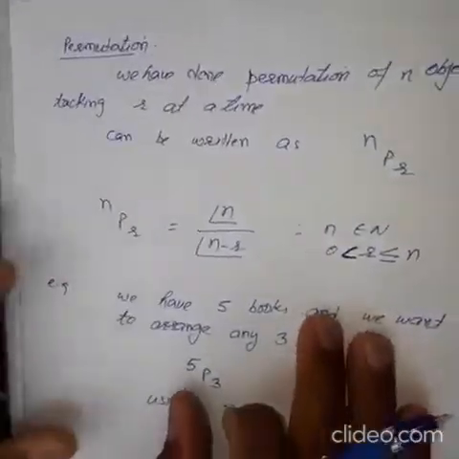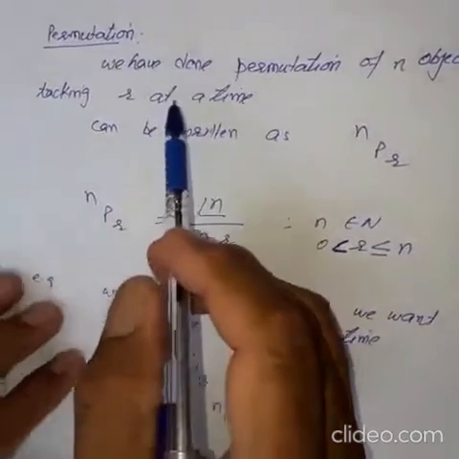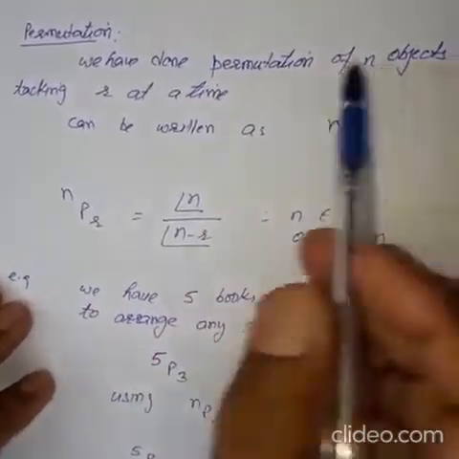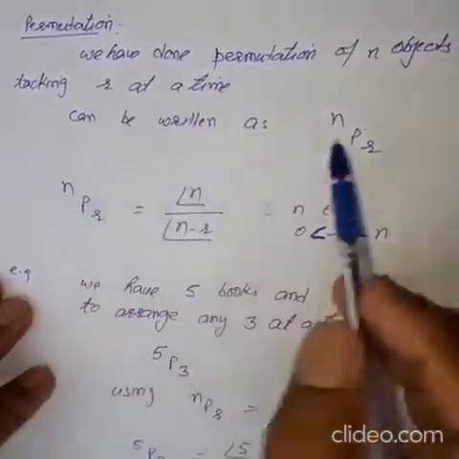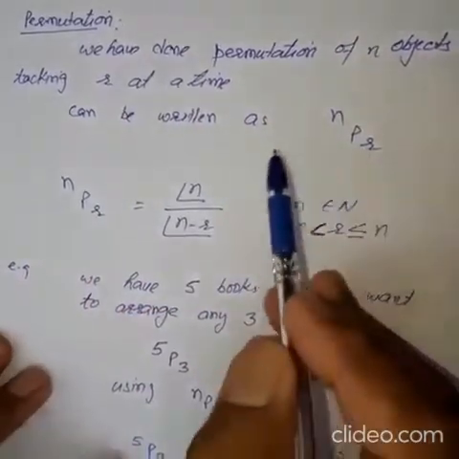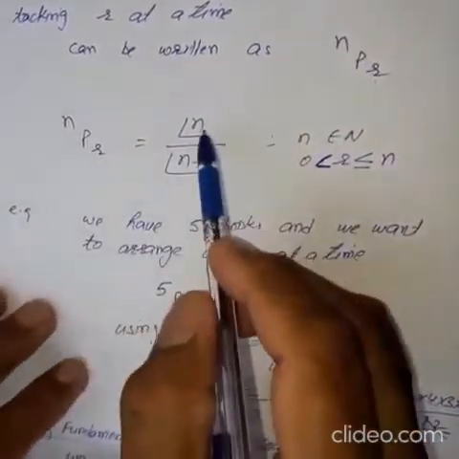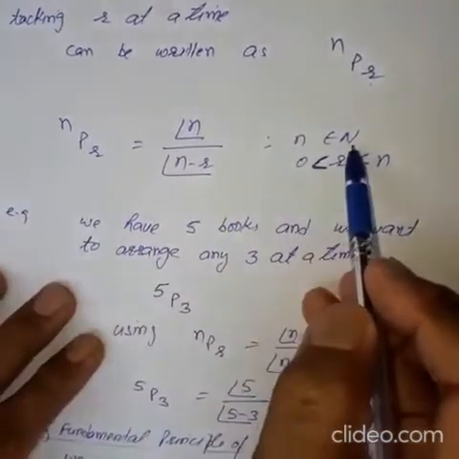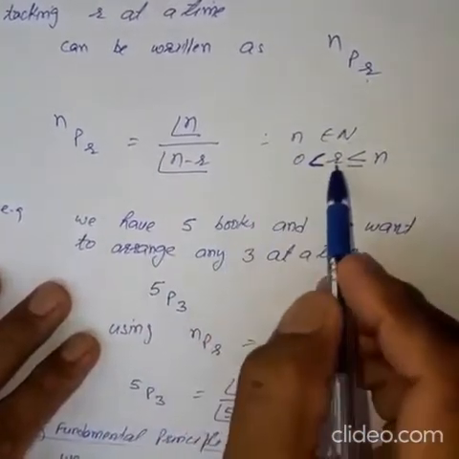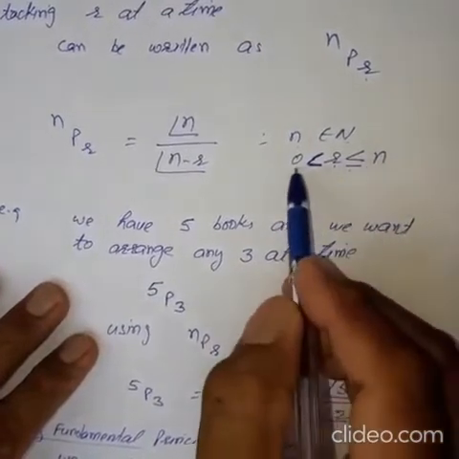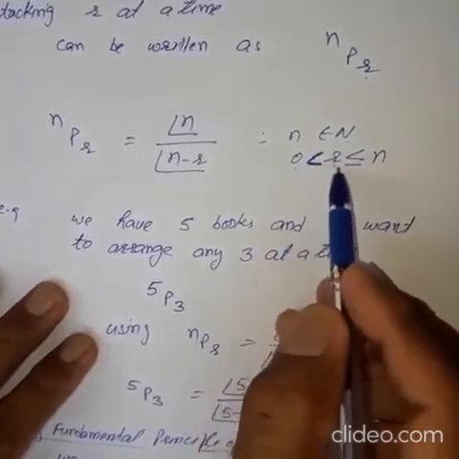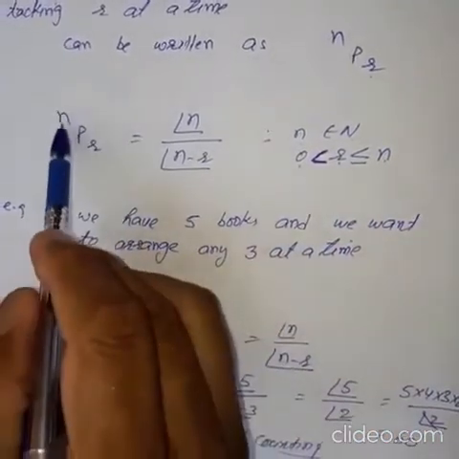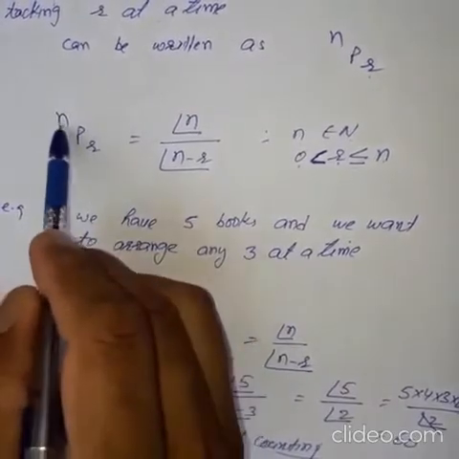Now after that we have to do permutations. We were talking in the before factorial notation. So permutation of n objects taking r at a time can be written as nPr. Now what is the value of nPr? That is n factorial upon n minus r factorial, where n is a natural number and r can have value less than or equal to n but greater than 0, natural number. So 0 less than r less than or equal to n. So this value should be less than or equal to this. It cannot be greater than n.